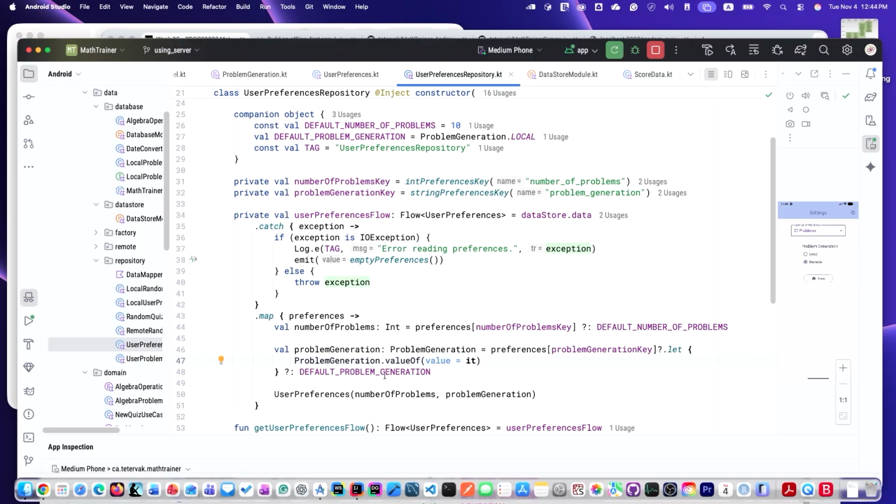And last one, we have two values. I'm calling constructor. So map will convert preferences object, which is key value pairs, into user preferences, which is data class. That will have number of problems inside and the way flag how to generate it, local or not local. So this is magic of this user preferences